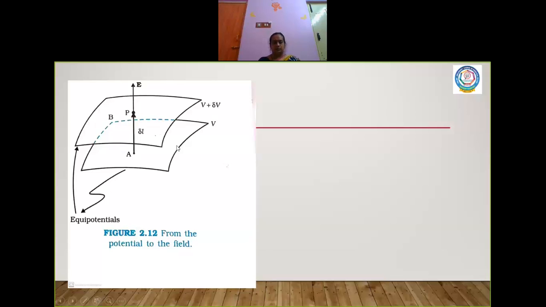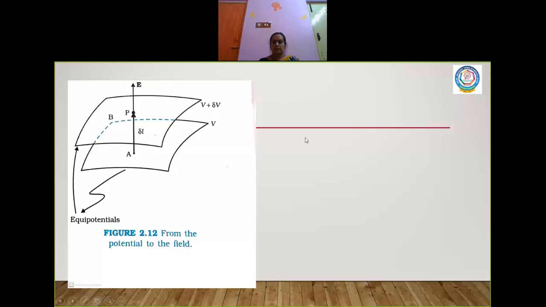Now I am going to consider a positive charge here, children. I am going to move this positive charge which is at P from P to A. Look at the explanation again. A positive charge is kept at P. I am going to move this charge from here to A. Now what I am going to do is a work which is against the electric force. The electric field is again in this direction.